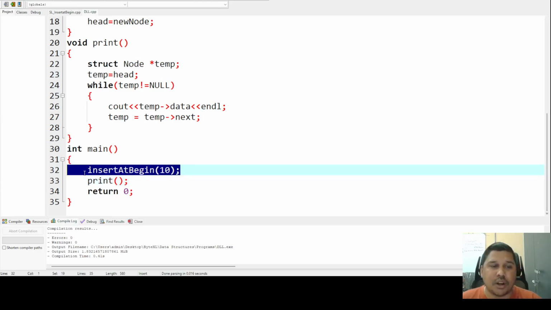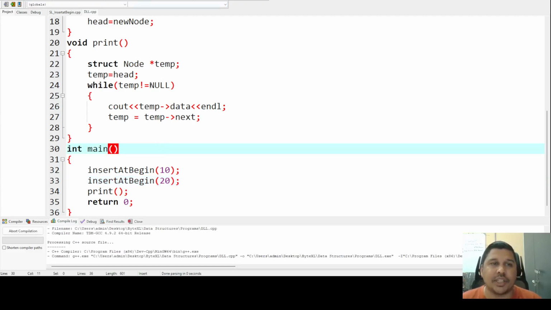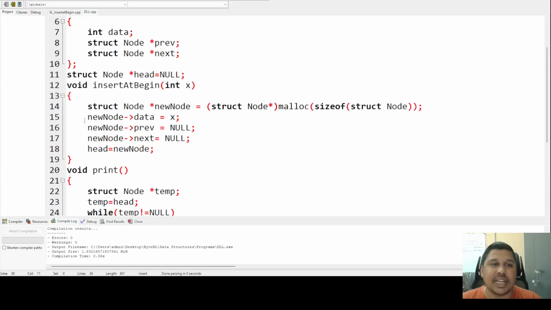Let me add one more and see whether it is adding 20 to that list or not. It will not add because there is one drawback. Let us see whether it is working or not. See, only 20 is coming. Why? In our insert logic,